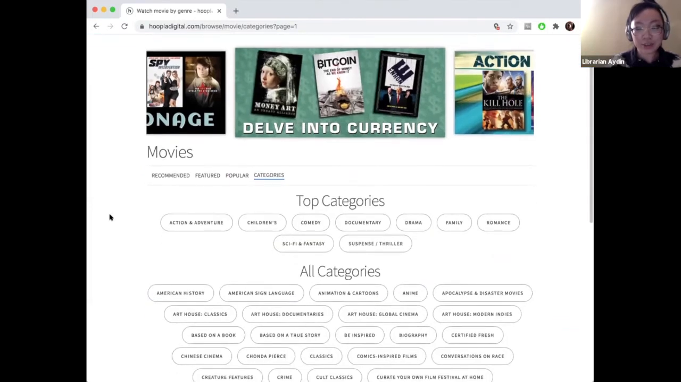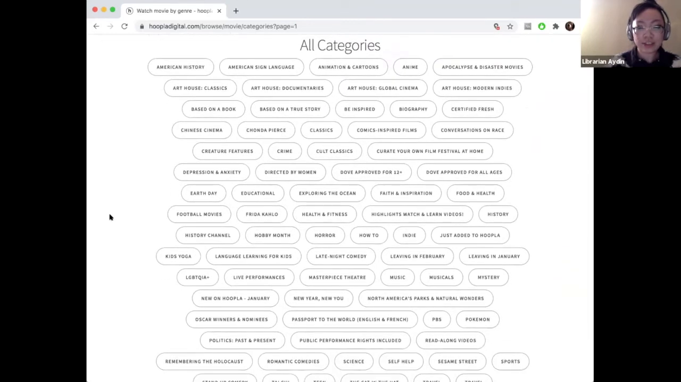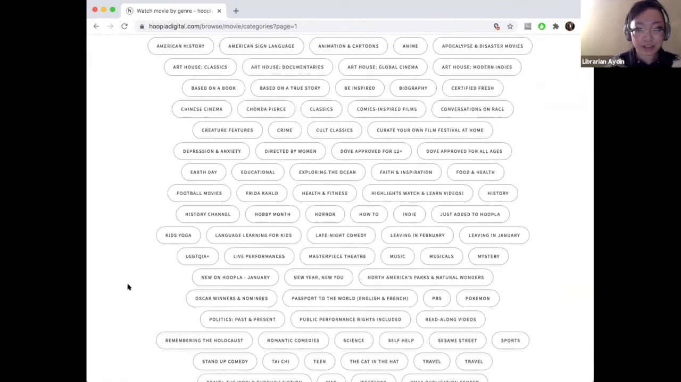And categories is where you can search by genre, but they also have these special categories that change. For example, right now they have a category called New Year, New You. And then next month, they'll probably have a category for Black History Month. They usually do. But this is also where you can find categories like